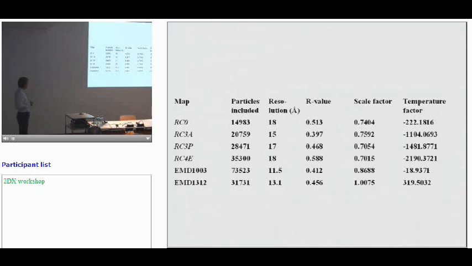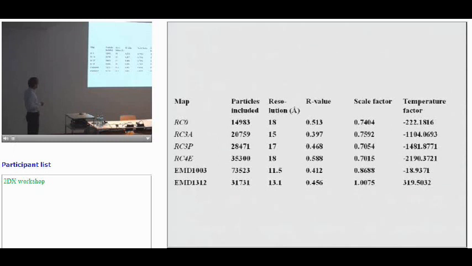So the particles included in each of the data sets are not that great, and the resolutions are not that great either. But using this RSTATS program and comparing now to a 3.5 angstrom ribosome model from E. coli,